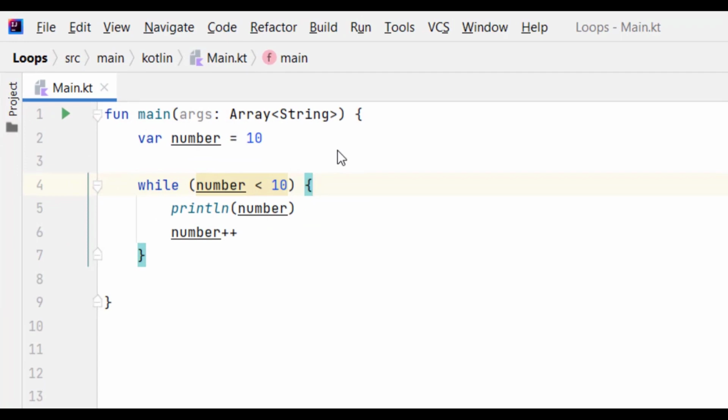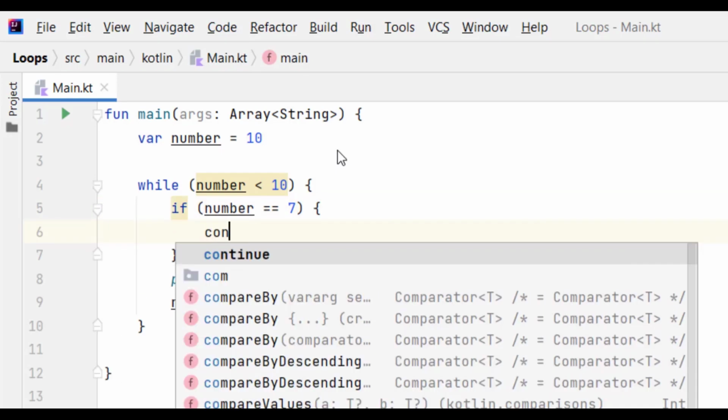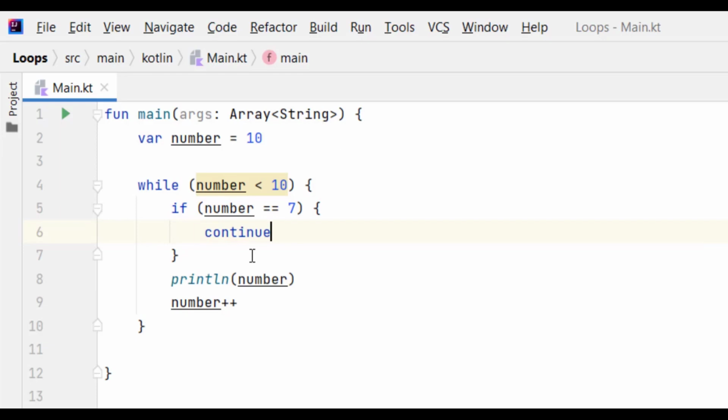So let's first look at the continue keyword, which can be used to bypass a section of code. Let's say that I want to skip the number 7 in our loop. So I can type here if our variable number equals 7. Let's put curly braces, press enter to add the right curly brace, continue. Now when it reaches the number 7 and this condition is true, it's going to call continue, and it's going to bypass the code that comes below our if statement. So if you run this code,